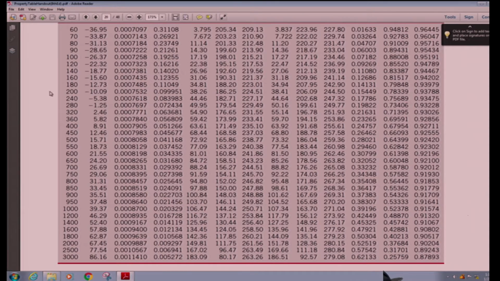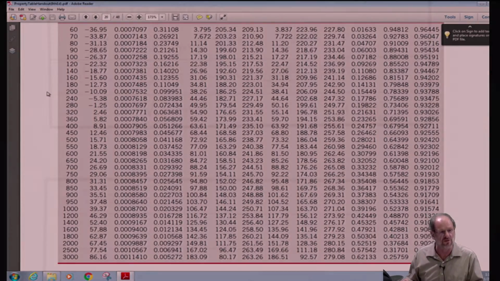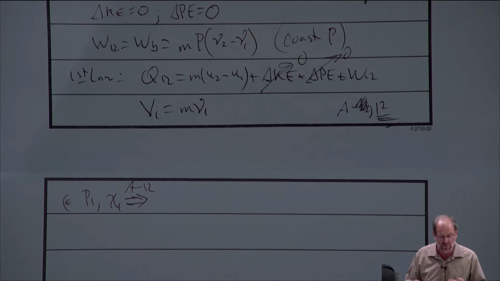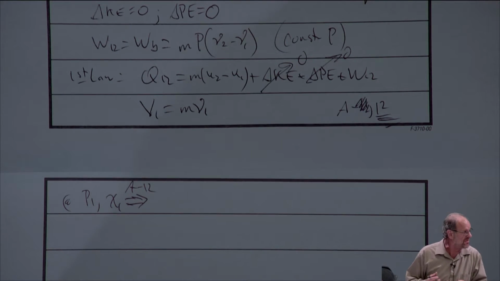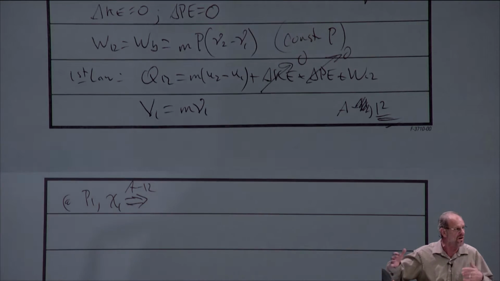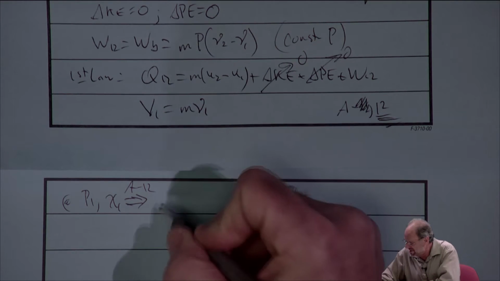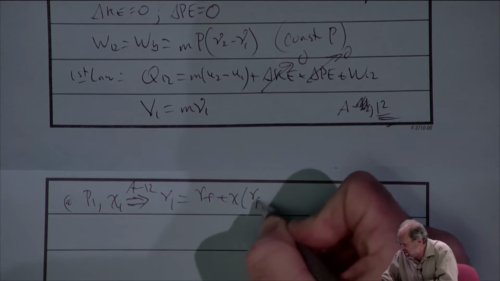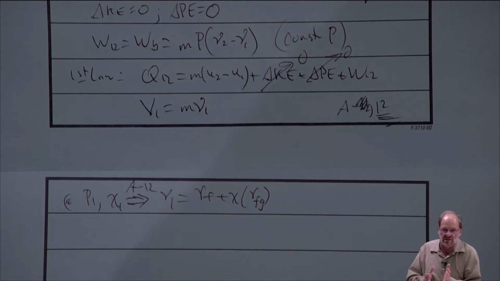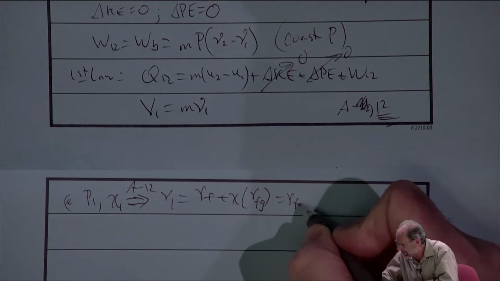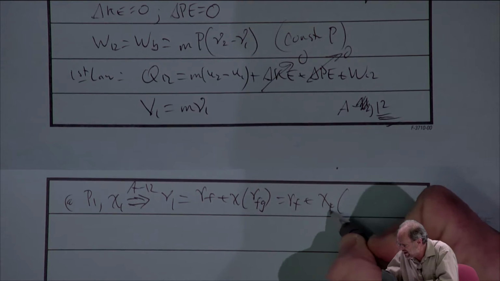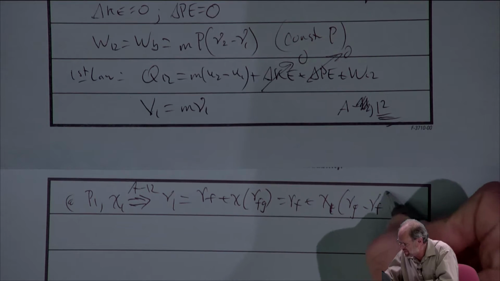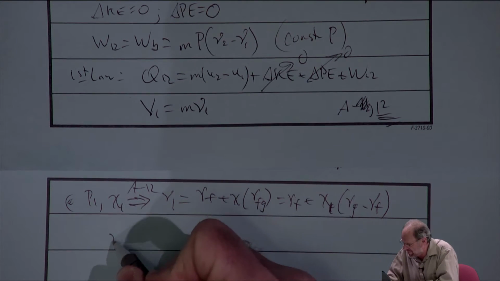All the data we need is going to be at 200, right? So we go to the right table, we know the pressure, we read across, and we need both VF and VFG. Of course, we don't have VFG, it's not printed in the book. I don't know why the author didn't just add one more column and give you the VFG data, but he didn't. So V1 is VF plus the quality times VFG, but we know VFG is just VG minus VF. All right, so this is the equation we have to solve.